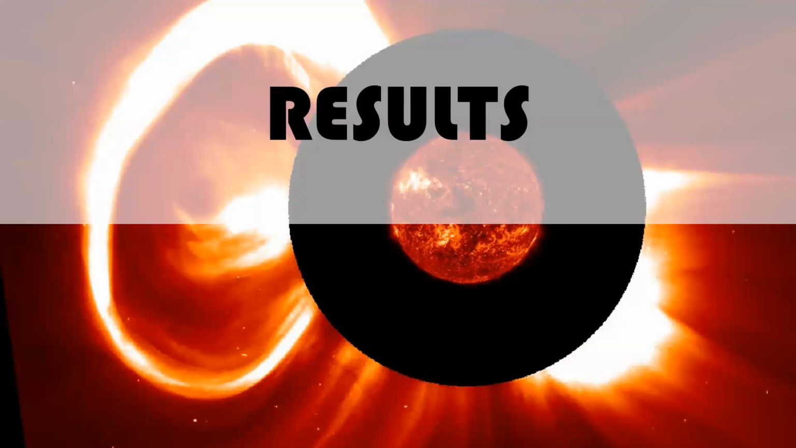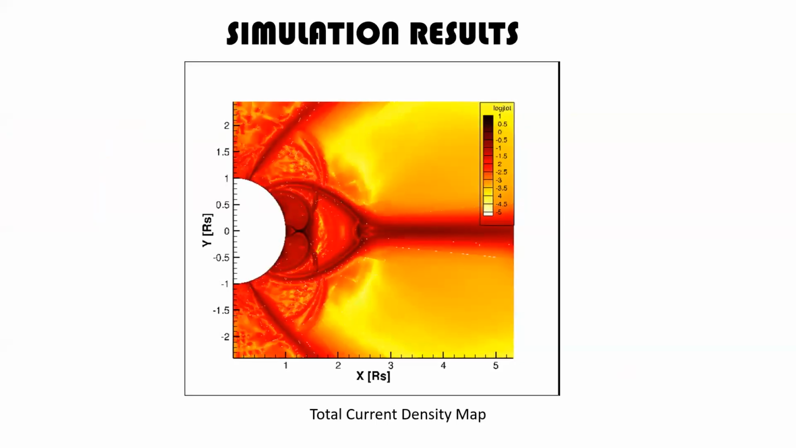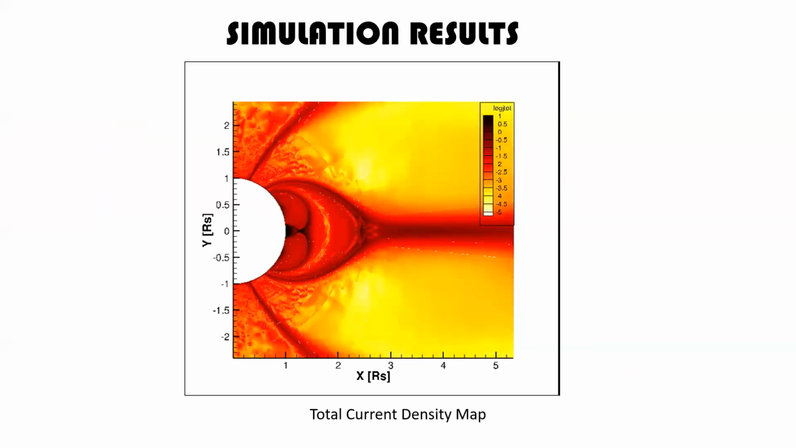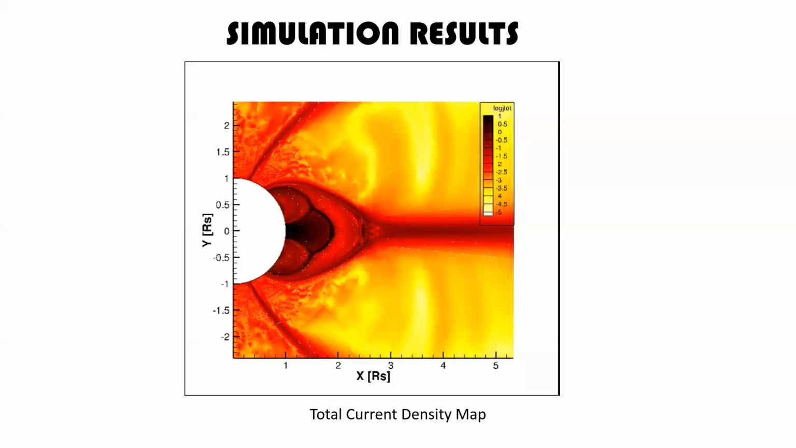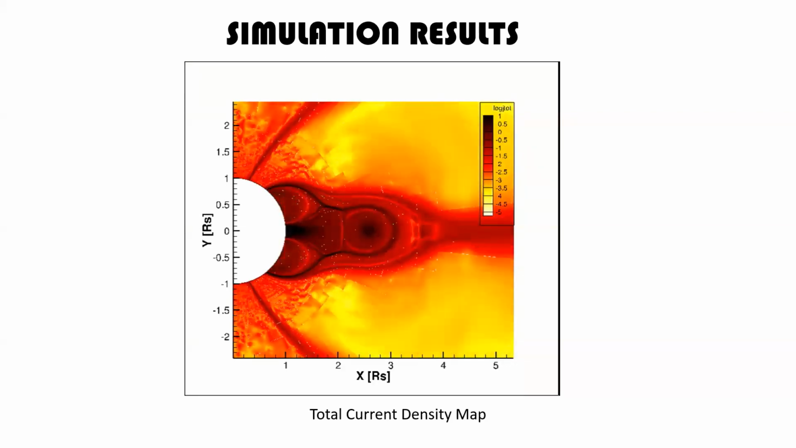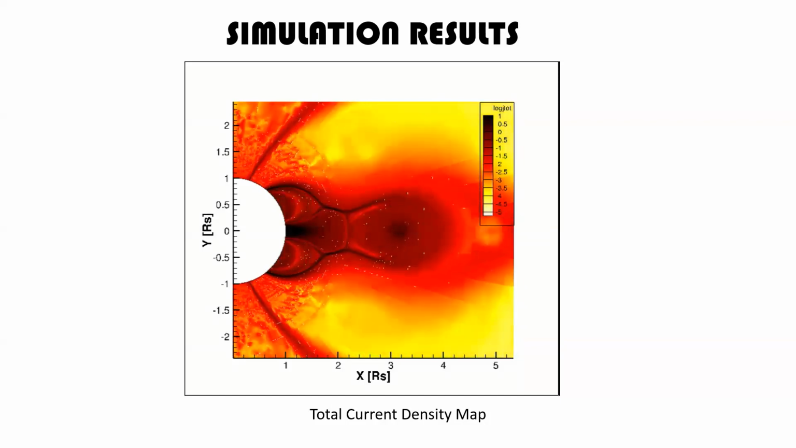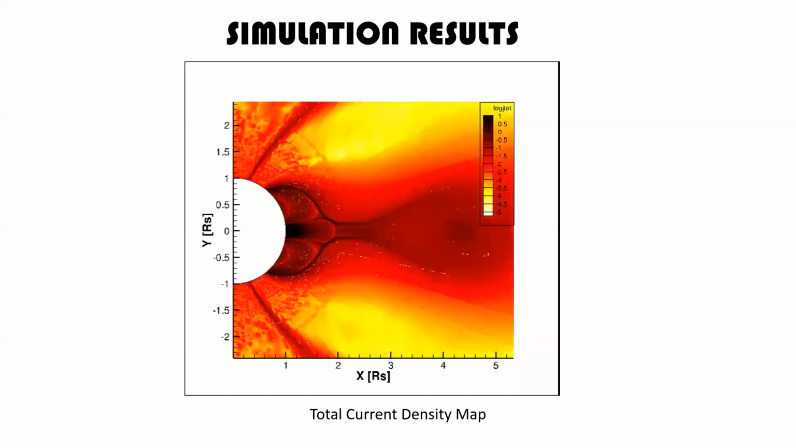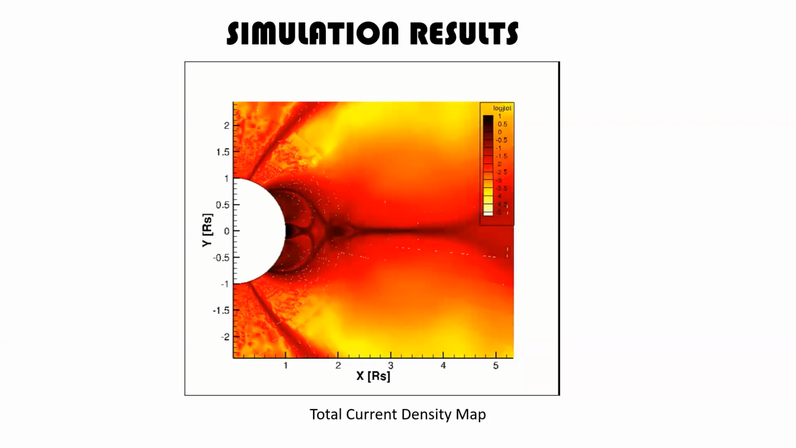So now after applying all these, we get this simulation. This is the current density map, in which we see the quadrupolar structure and also the streamer. And when we apply the shear, we see a formation of a flux rope and also the CME. And this CME, as I discussed,